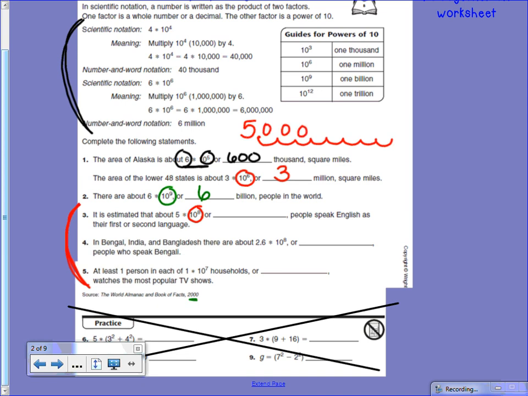Negative. They don't have negatives on the sheet because it wouldn't really make sense with the situation. They're giving you real life problems, and a negative wouldn't make sense in that one. Yeah, it doesn't make sense to go with a negative. Okay? So if I fix it up a little bit,